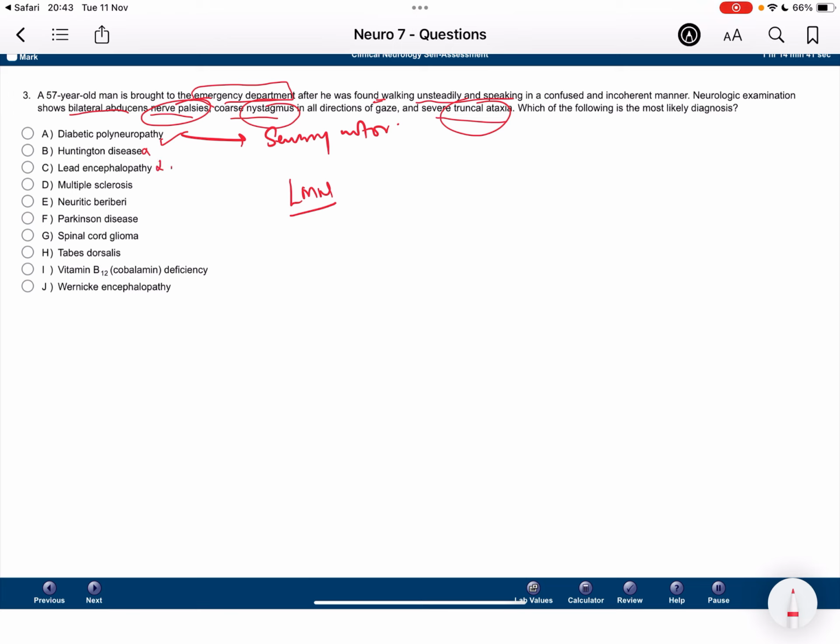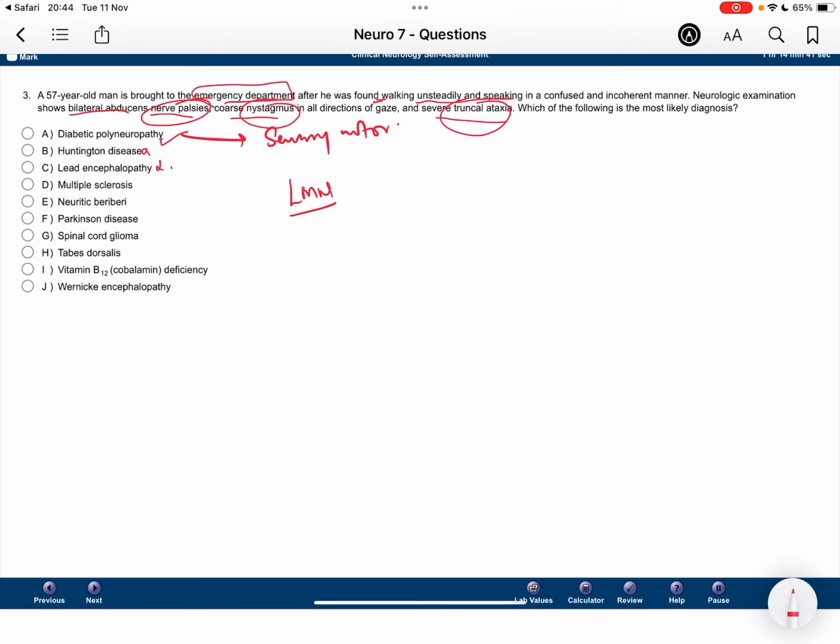Next, we talk about multiple sclerosis. Multiple sclerosis is usually autoimmune, and it is considered a demyelinating disorder. But remember, to consider it as multiple sclerosis, you need to have neurological symptoms separated in time, and you need to have lesions separated in space. One most important thing that can be asked for USMLE is that the examiner can give you that the patient has got the central vein sign. That is a new finding, and that is a characteristic finding for multiple sclerosis.